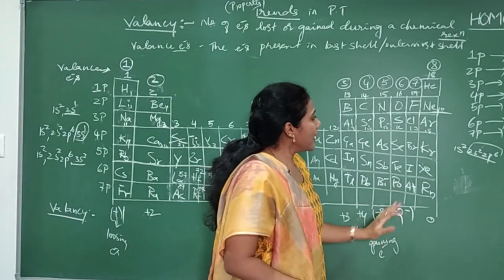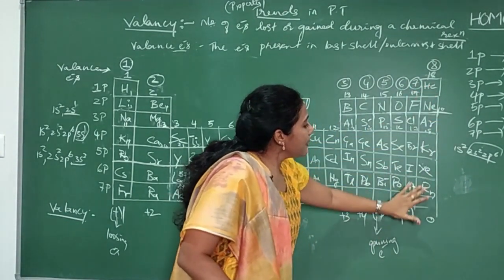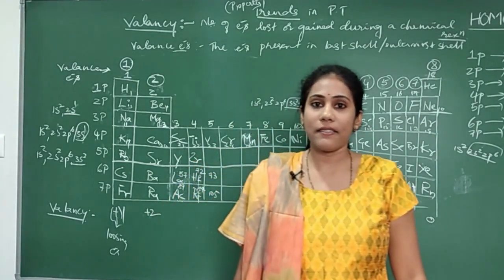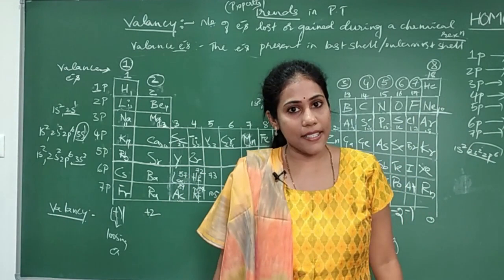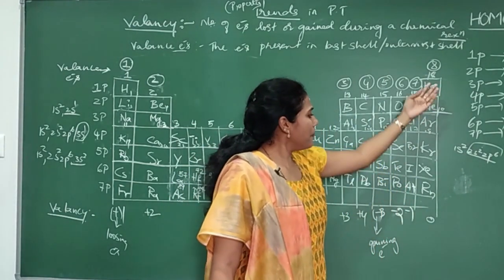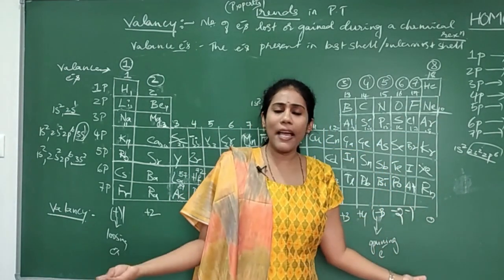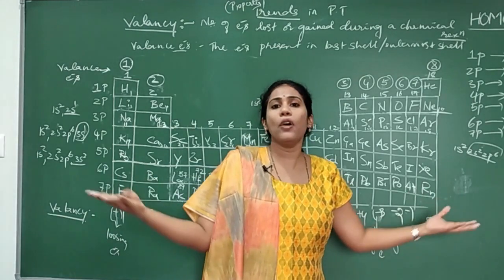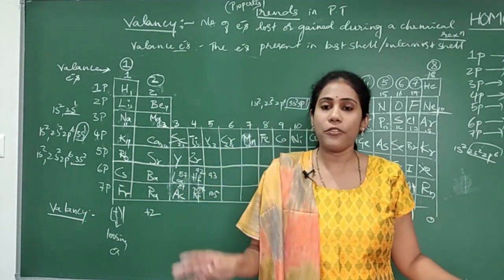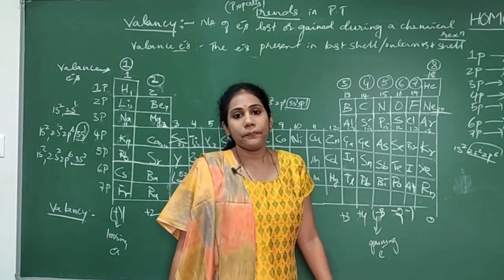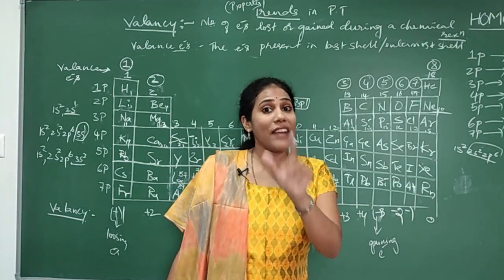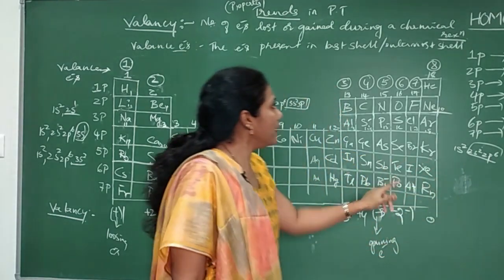Okay, so that is why we call all these elements noble gases, or the stable elements or stable gases. They won't participate in any chemical reaction because they are already happy. They are very much happy with the electrons they have. So they don't want to lose, they don't want to gain. So 0 valency. Fine. But how many valence electrons will be there in noble gases?